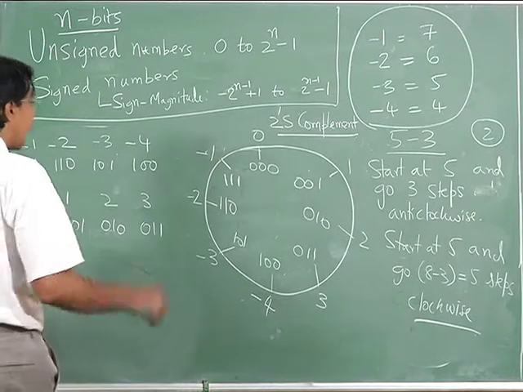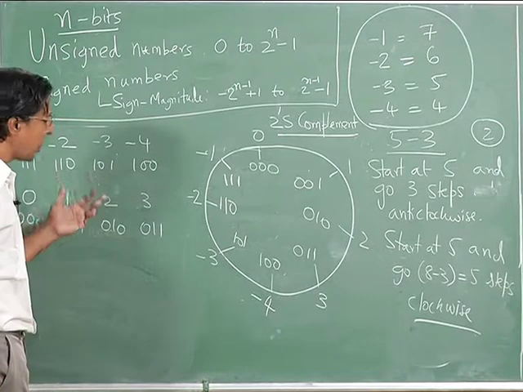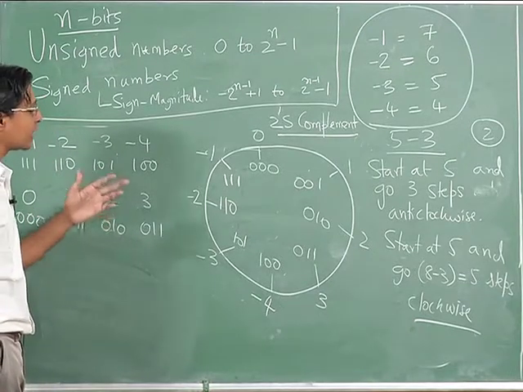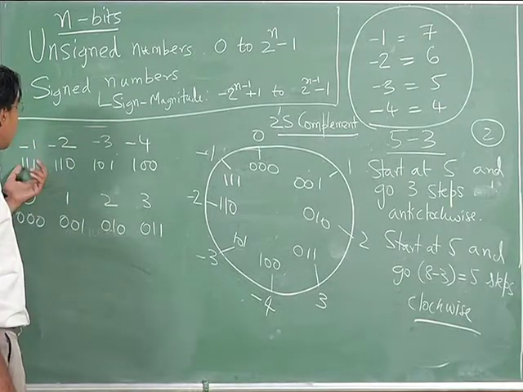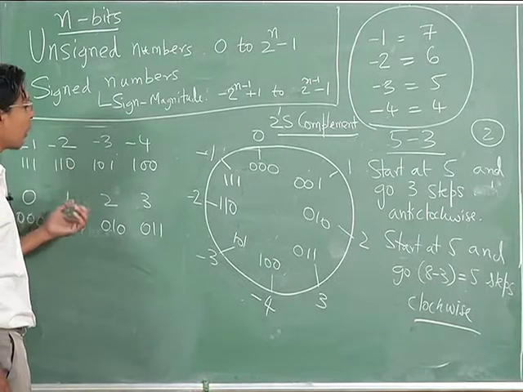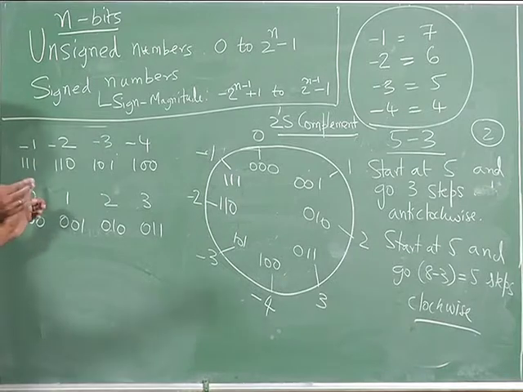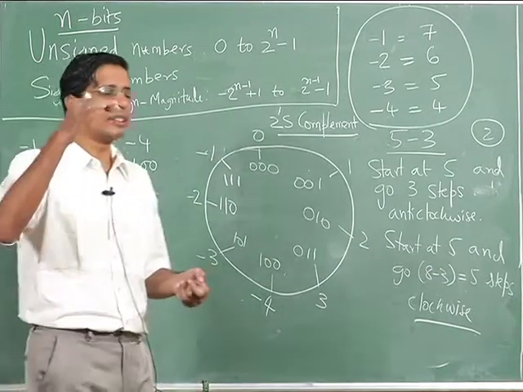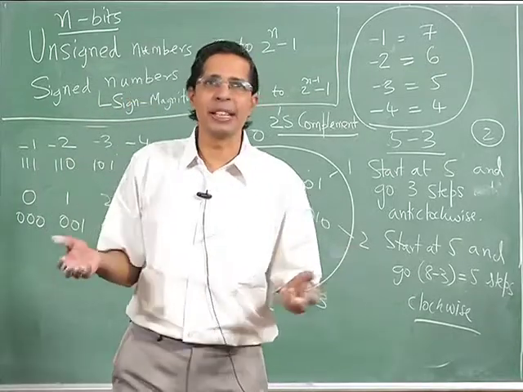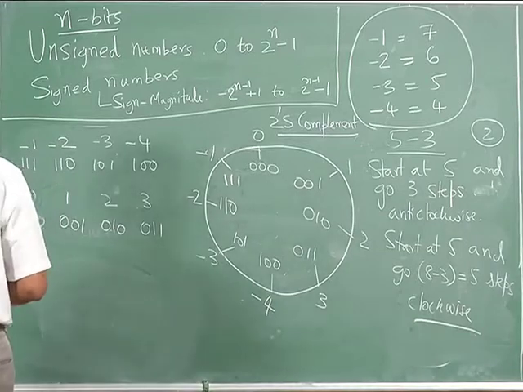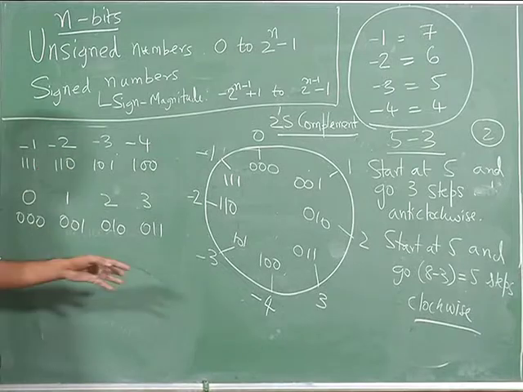For the simple reason, as I again mentioned, suppose I want to do 3 minus 1, it is 2 steps anti-clockwise, or it is 6 steps clockwise, and since minus 1 is modeled as 7 steps clockwise, whenever I find minus 1, instead of going 1 step anti-clockwise, I will do 7 steps clockwise. Whenever I see minus 2, instead of going 2 steps anti-clockwise, automatically when I do an addition, it goes 6 steps clockwise, which is what we want here,